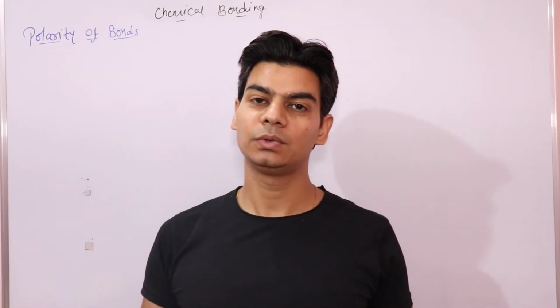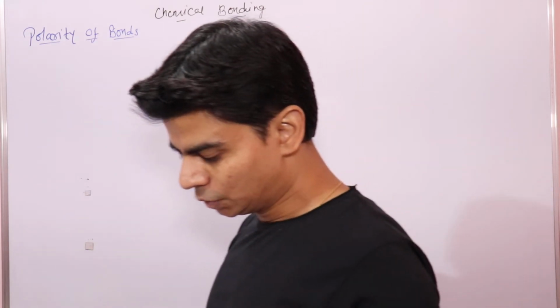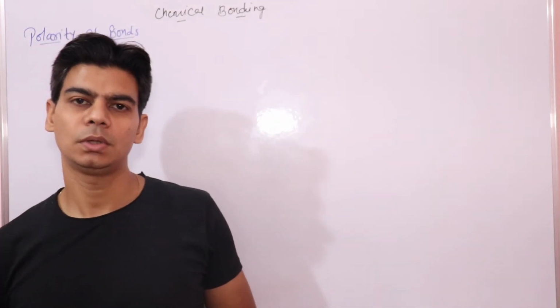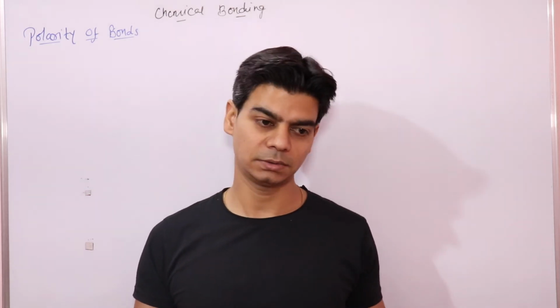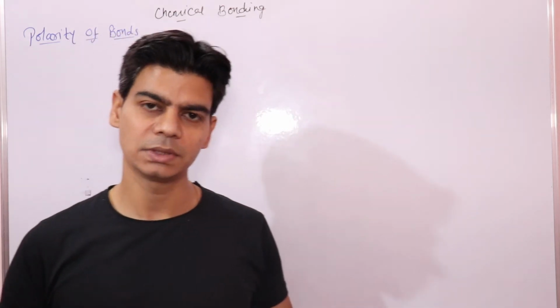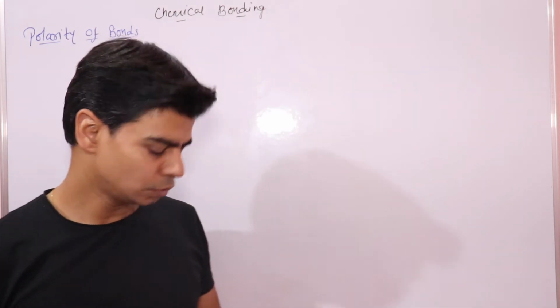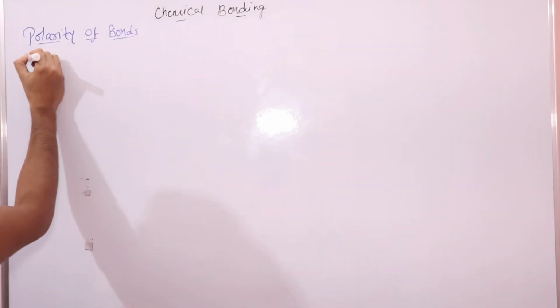Hi, now in today's class we will go through polarity of bonds, right? So in the previous video lecture we have understood what a covalent bond is, right? And there are types of covalent bonds, that we have not done in the previous lecture. So types of covalent bonds are